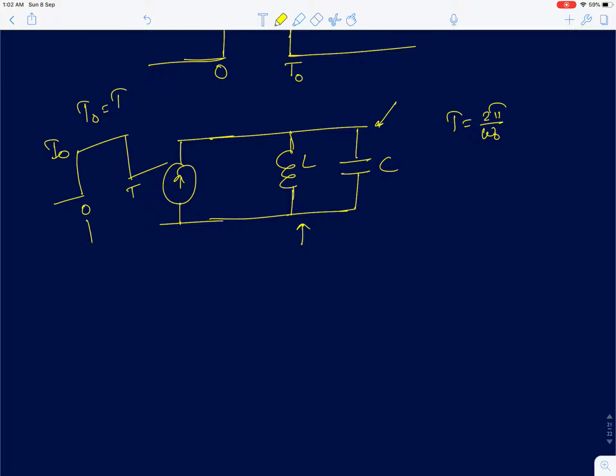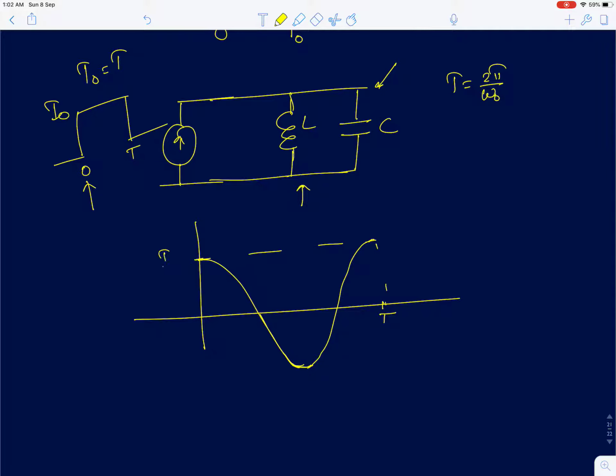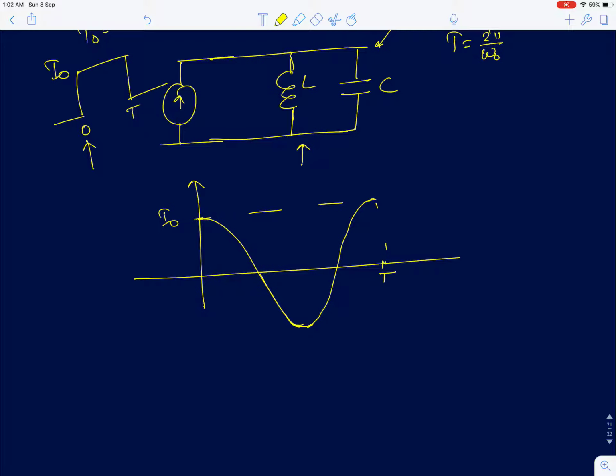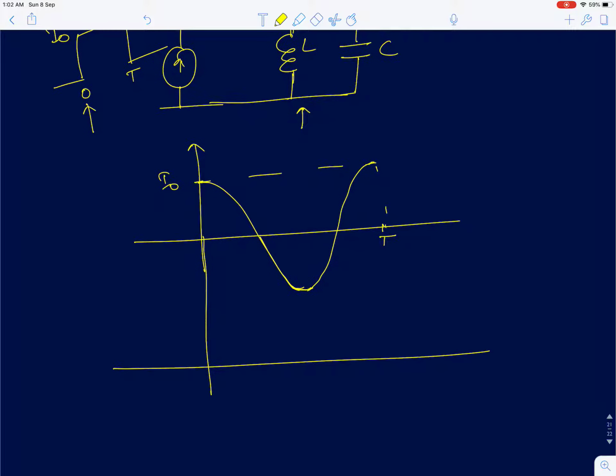Now what happens to the circuit the instant you apply a step input? We saw that the current was building up in the capacitor, and the current across the capacitor was going from 0 and coming back to 0 at t equal to t, and the voltage across the tank was again